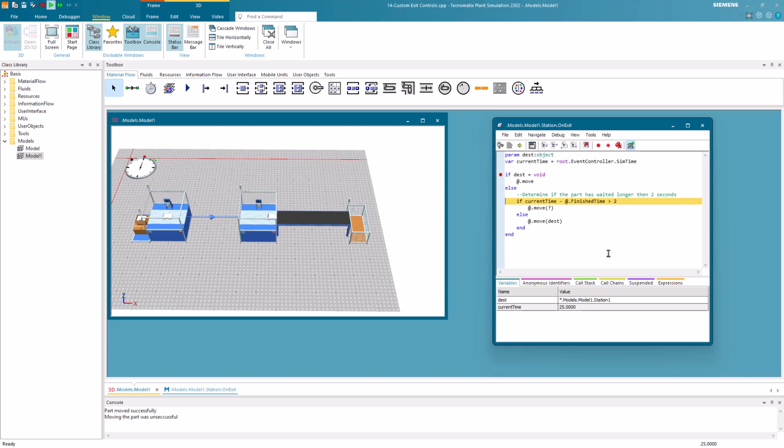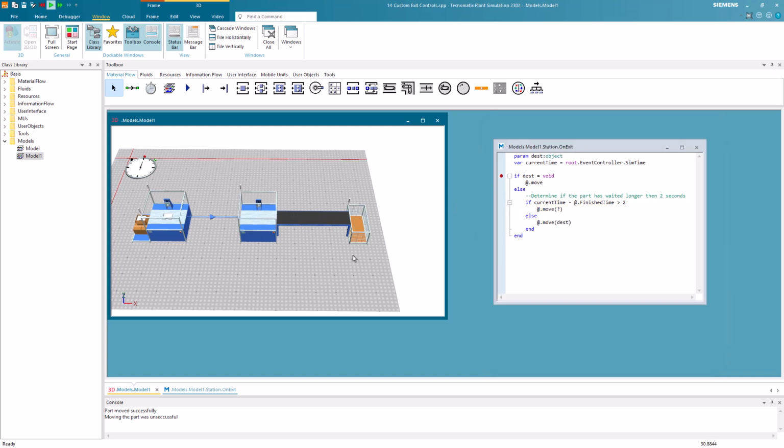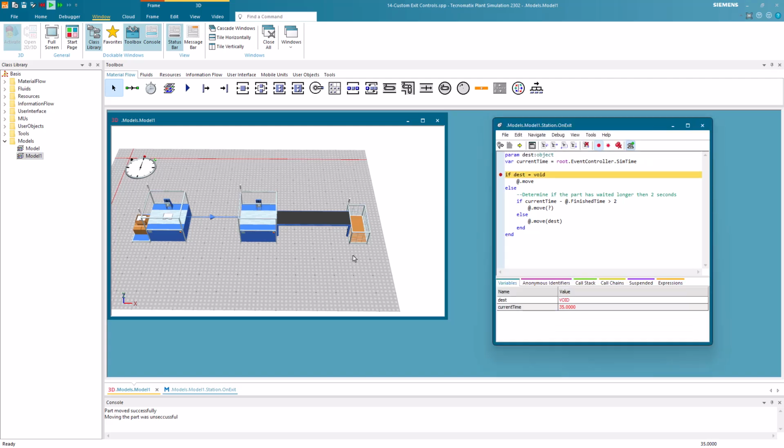The current time is at 25 and the finish time of the part at 20 seconds. So the part has waited longer than 2 seconds. If we perform a step over again, the first branch will be entered. So we let the simulation continue and the part is first processed at the station again. After the first station has processed the part again, the part is then moved to the second station.